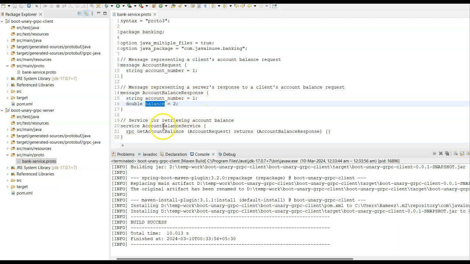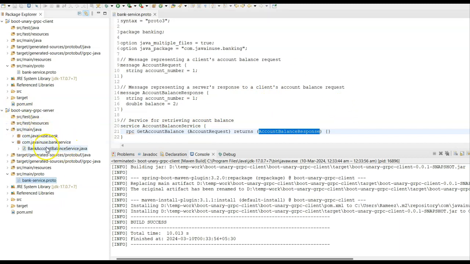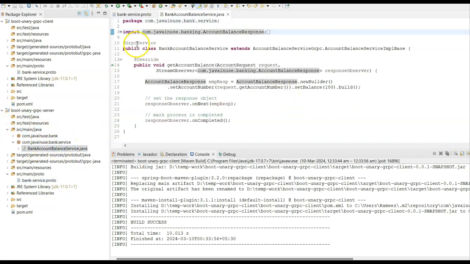At the gRPC server end, we'll have a service named account balance service, which will have a method getAccountBalance, which will take the account request and return the account balance response. In the gRPC server project, if we go to source main Java, bank account balance service, this class we have exposed as a gRPC service. Also in this class, we have a method named getAccountBalance, which takes the account request as an input parameter. Then using this account request, it creates an instance of the account balance response,